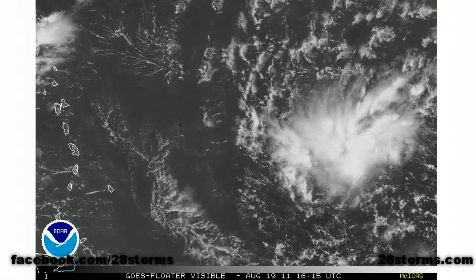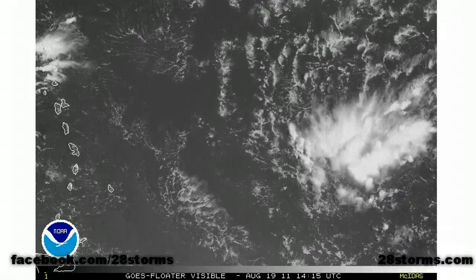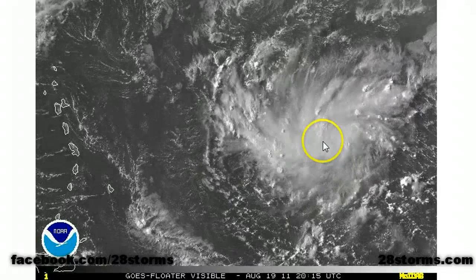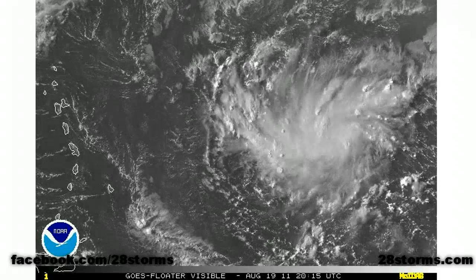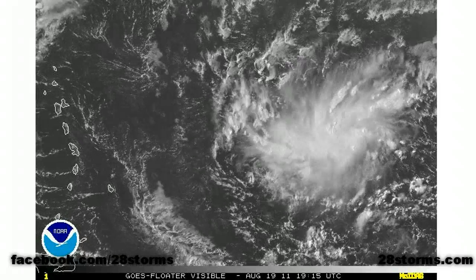There are some indications that we could have a mid-level circulation trying to form within some of the strongest convection, although that broad low-level circulation still appears to be fairly broad and perhaps displaced ever so gradually toward the south. So until we get one primary center, that is not going to make the overall forecast very easy. So we need to find one specific center that is going to be the main one, and then we can